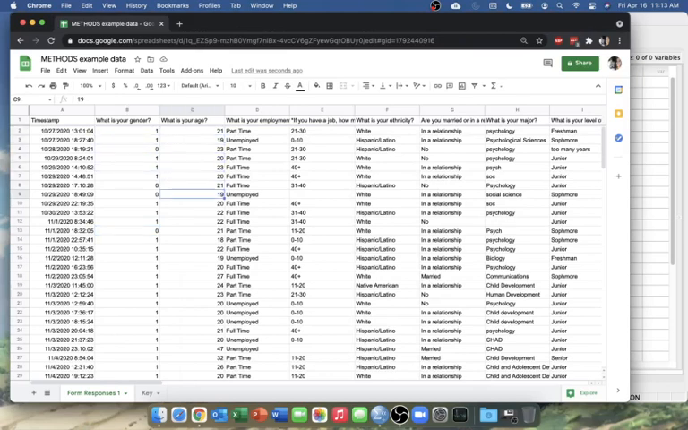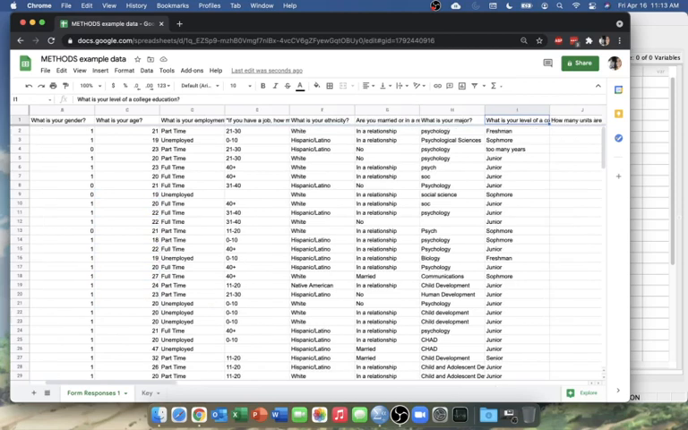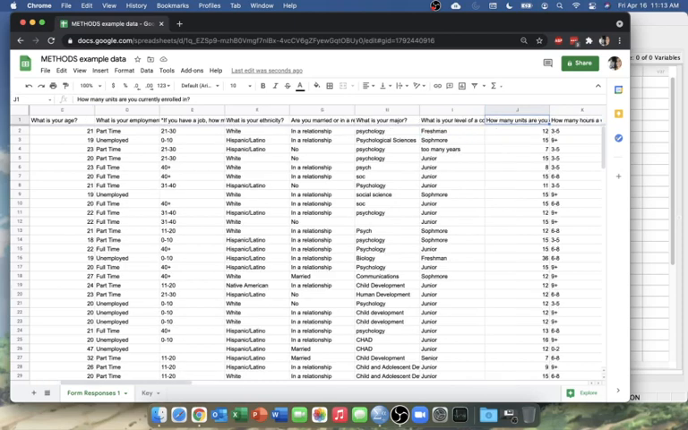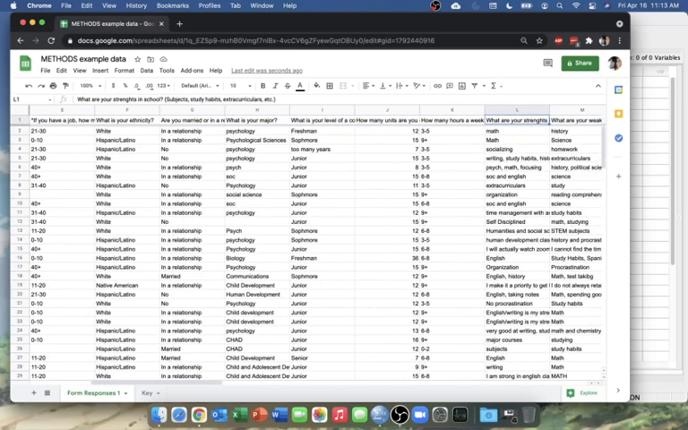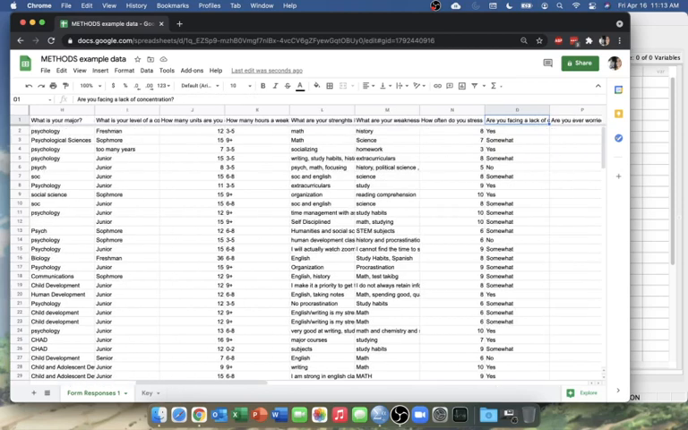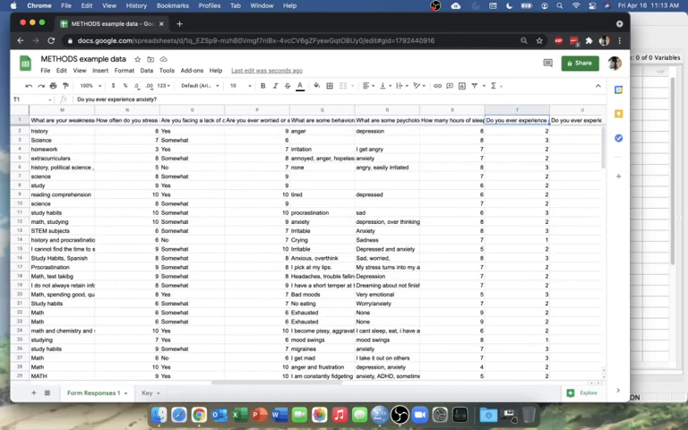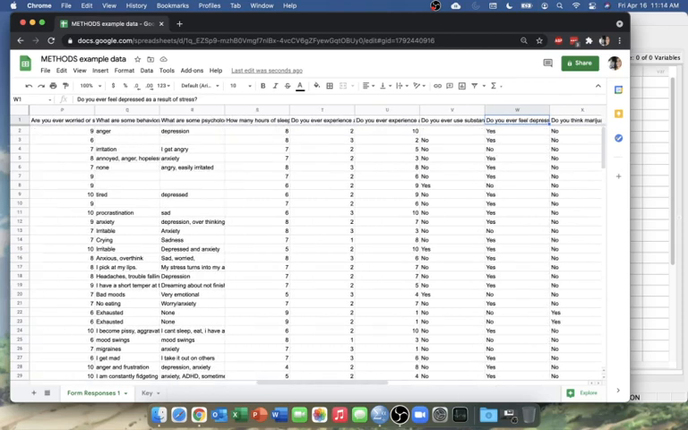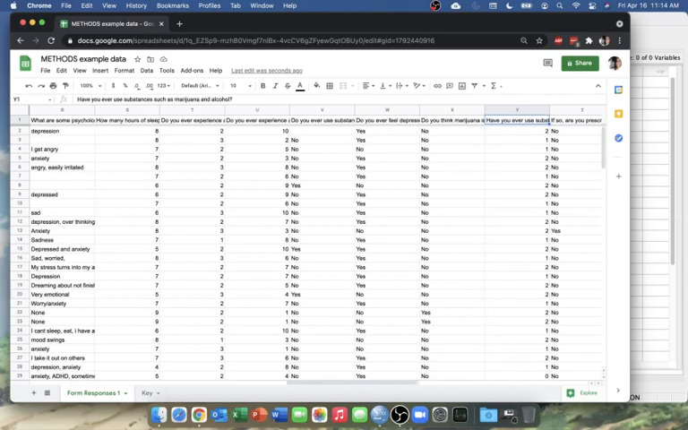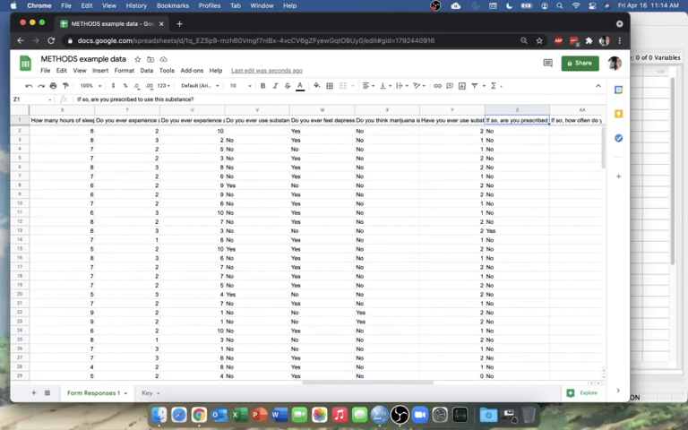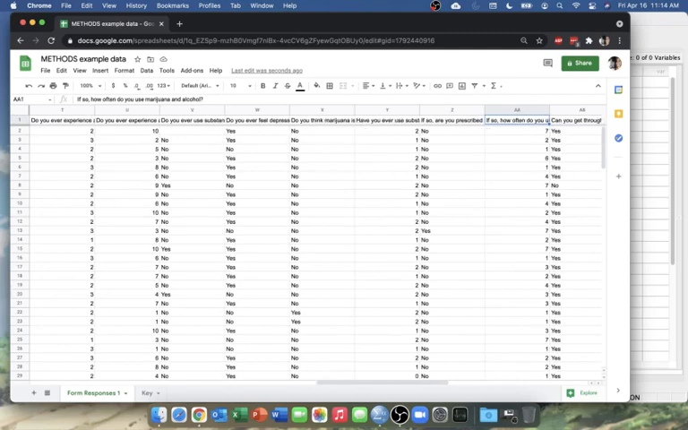You have age here, which is continuous. This particular data set is about drug use. So we have a couple of questions that move on. I'm looking up here in the formula bar so you can see the different types of questions we have. We have lots of demographic, general questions. We have some questions about academic success. And then as we move forward, look how many questions we have. This is wonderful. Feelings of depression, stress, then some questions about marijuana, alcohol, if you're prescribed to use, how often do you use